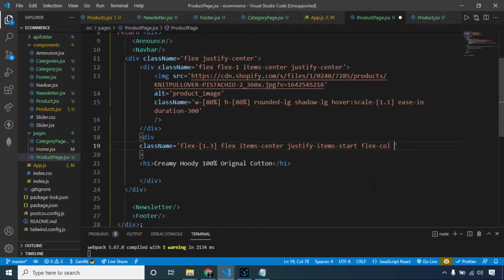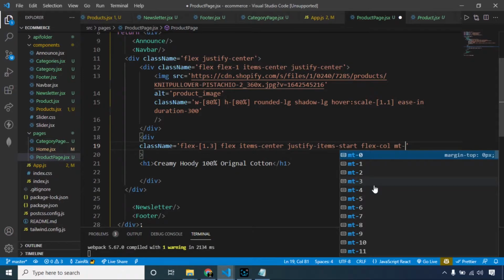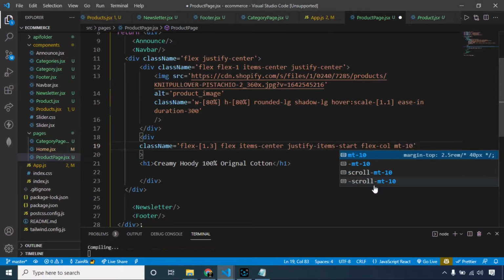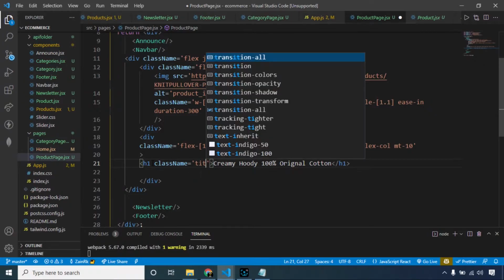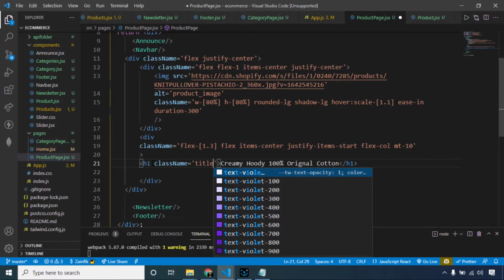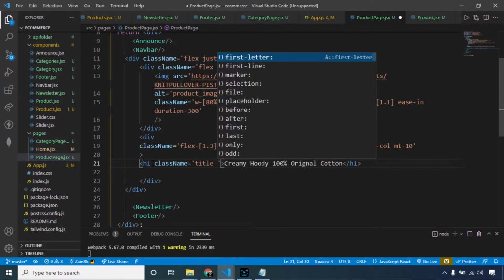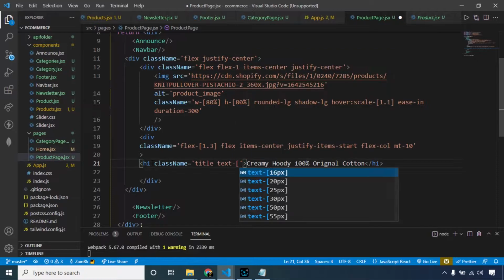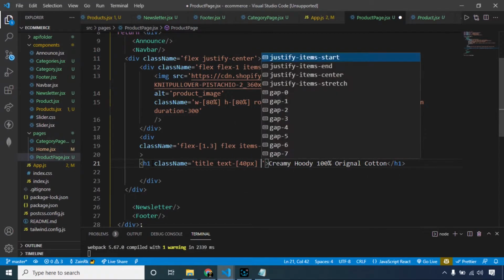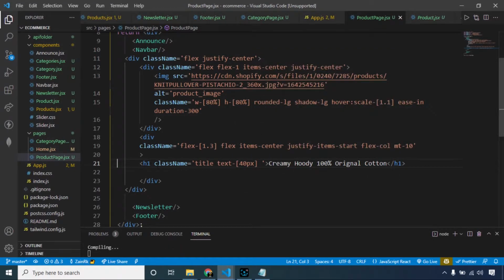As we have to give some margin, I am giving a top margin of 10, and for our h1 tag, I am first of all writing its name, title, so it will not mix up with other elements of this div, and text size around 40 pixels. Let's see the results.